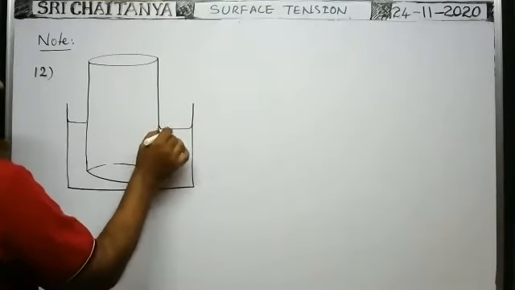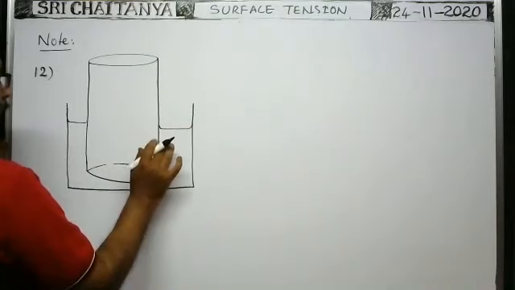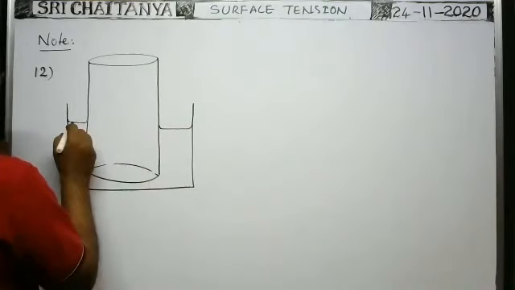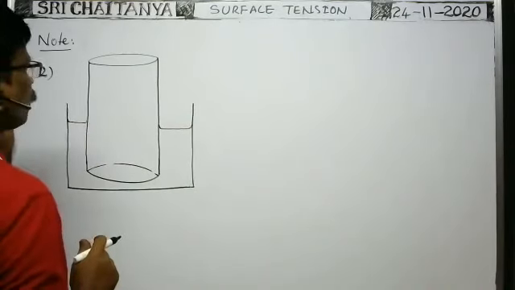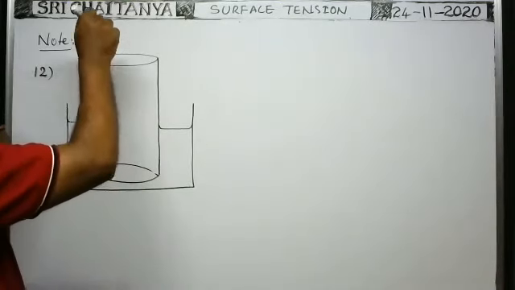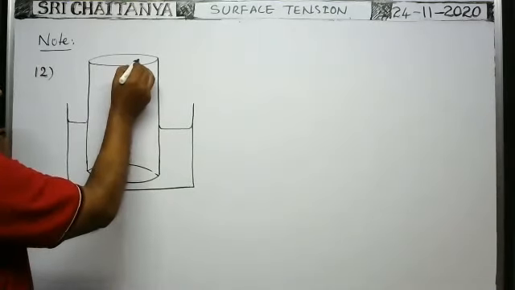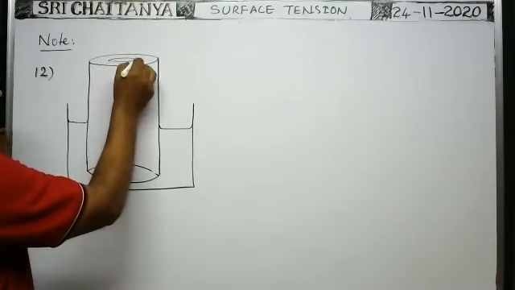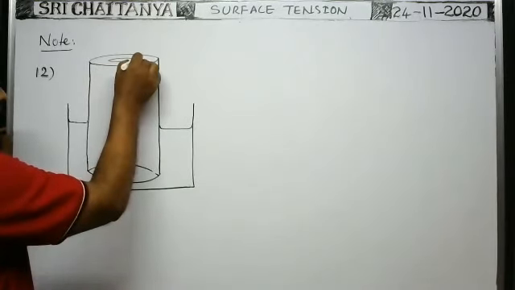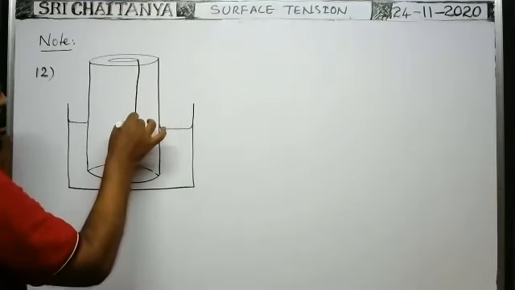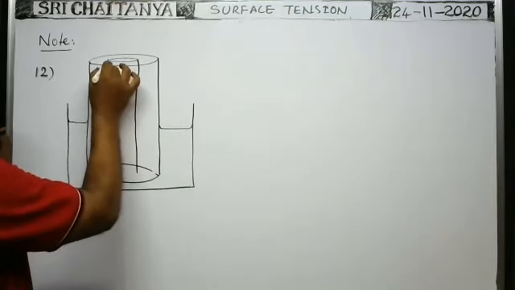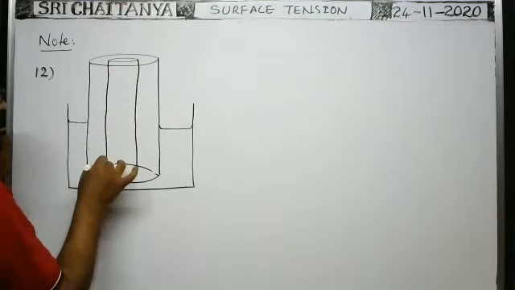Okay, it is the surface of liquid in the beaker. Because of capillarity phenomena, the liquid level rises here. But in this capillary tube, in the bore of the capillary tube, a uniform rod is inserted and it is kept parallel to the bore of the capillary tube as in the diagram.